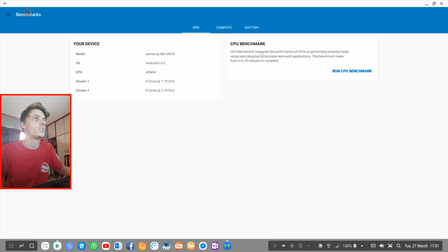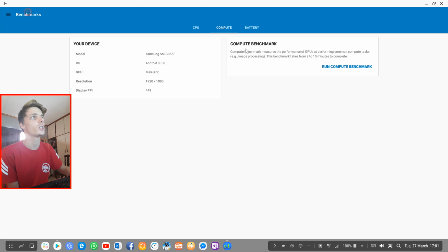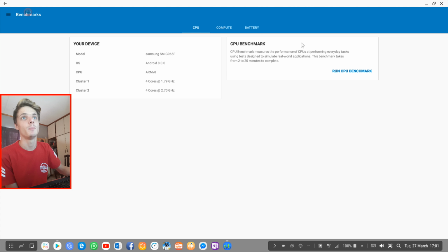And you can read there what CPU benchmark means. It just simply says CPU benchmark measures the performance of CPUs at performing everyday tasks using tests designed to simulate real-world applications. And the benchmark took around 2 to 20 minutes. And the compute benchmark measures the performance of GPUs at performing common compute tasks such as image processing. This benchmark takes around 2 to 10 minutes. So I did both of these benchmarks